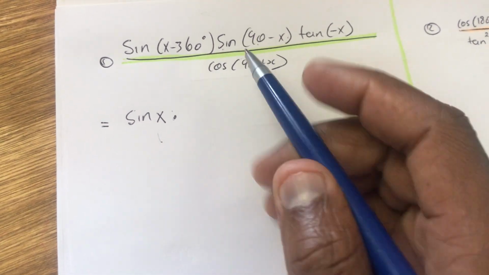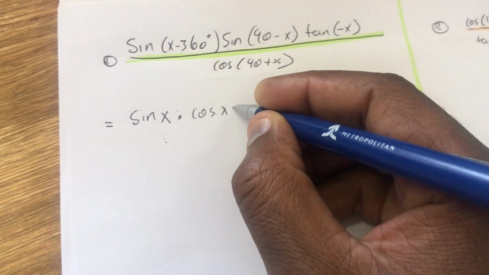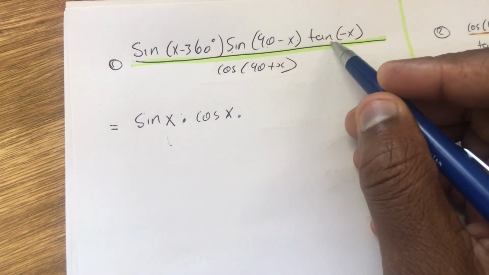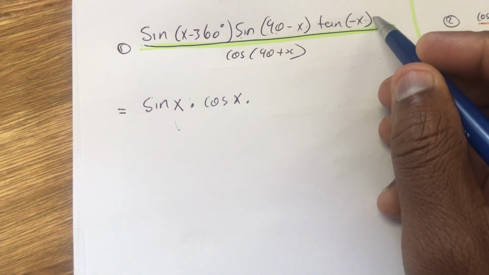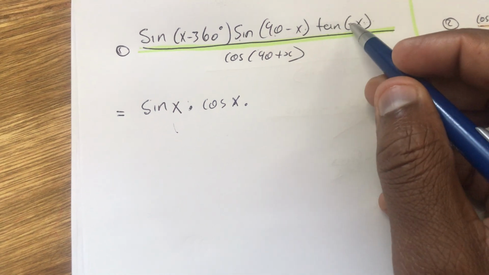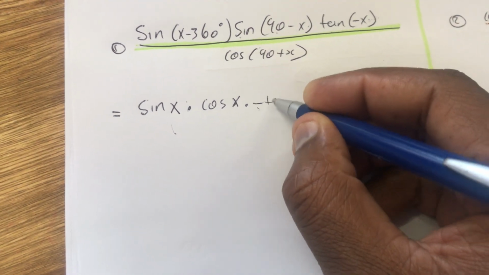So this one will be multiplied by the cos of x, times the tan of the negative angle. You know that whenever you add plus 360 degrees, you are going to have this in the fourth quadrant, and tan is negative, so it's minus tan of x